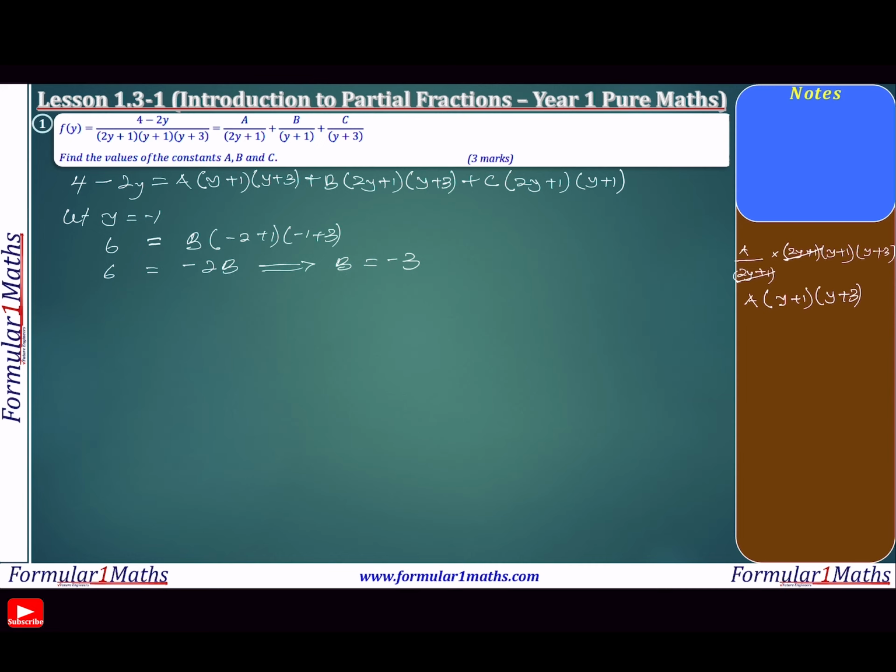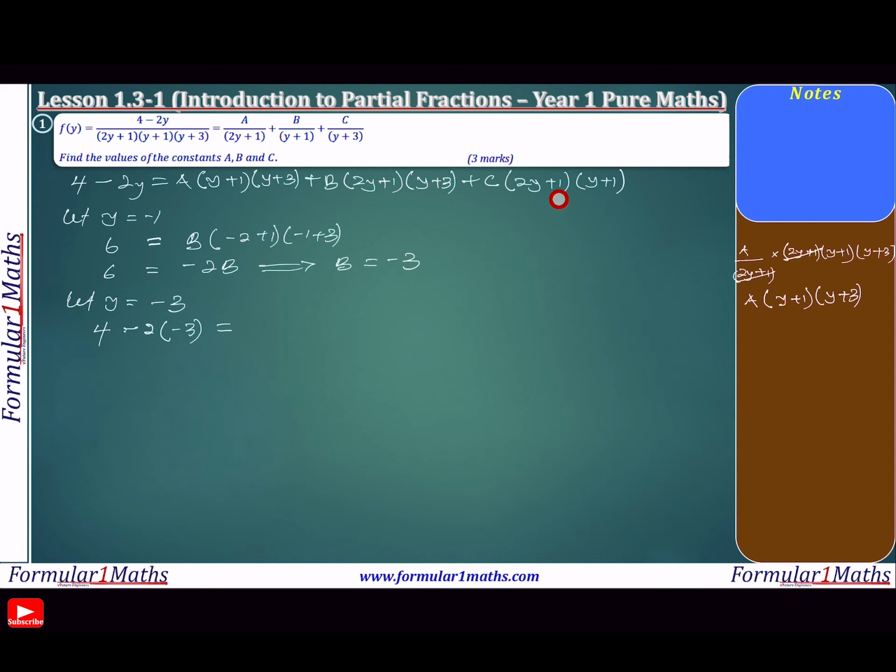Then if I let y is equal to minus 3, then I'll have for the left hand side 4 minus 2 bracket minus 3 is equal to, and again you can see that because y is minus 3, this becomes 0 and the whole of this term is eliminated,